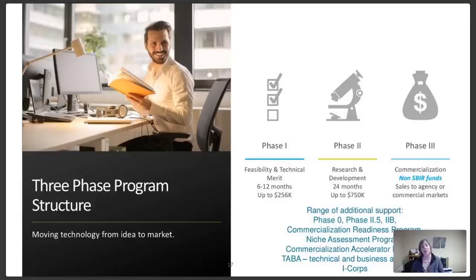Feasibility studies typically are 6 to 12 months, and they're up to $250,000, about 252, 256 or so. There is some leeway with some of the different agencies, but that's basically what you'll want to think about. Some of the other agencies have much smaller, maybe $100,000 for their phase 1 feasibility study. The next phase, though, if you have successfully proven feasibility of your intended technology development, you would submit a phase